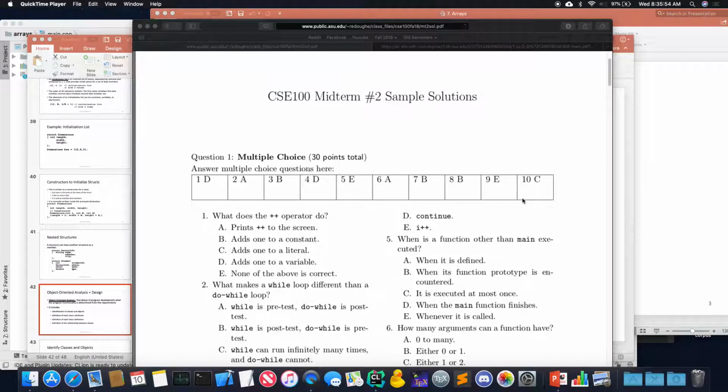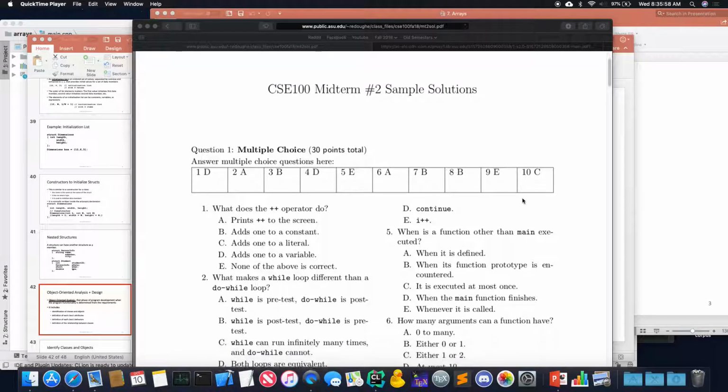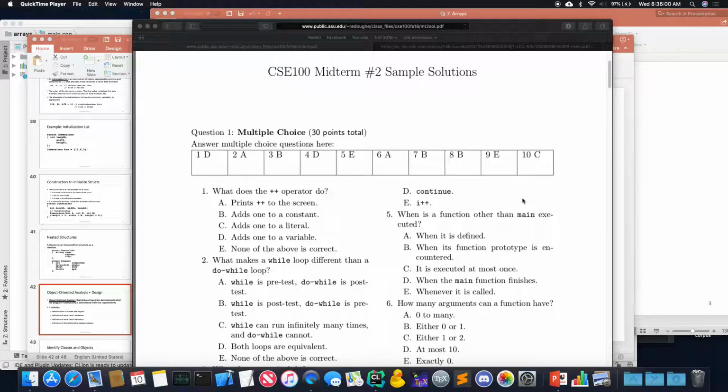Okay, so obviously I wasn't here for Friday's midterm, so I'm just going to quickly go over this. I haven't seen the test, so I don't know what actually happened. I did hear that the TAs handed out extra pieces of paper.